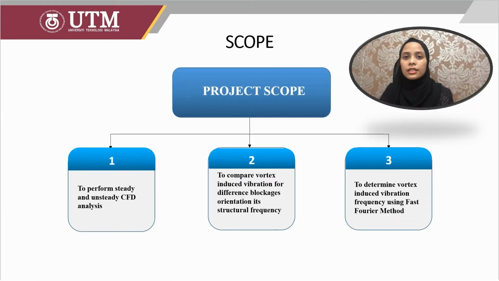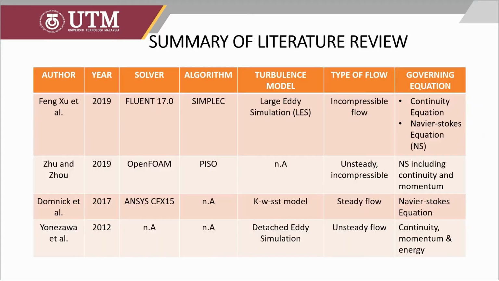The scope of the research is to perform steady and unsteady CFD analysis to determine vortex-induced frequency using the fast Fourier transformation method or power spectral density analysis, and to compare vortex-induced vibration for blockage orientation around the stem valve against its structural natural frequency. From the summary of the literature review,